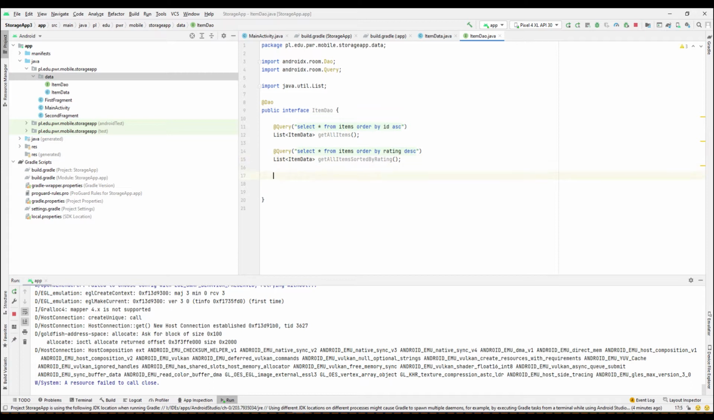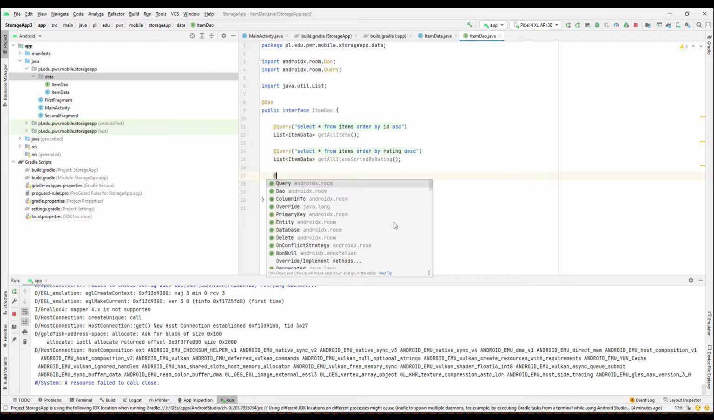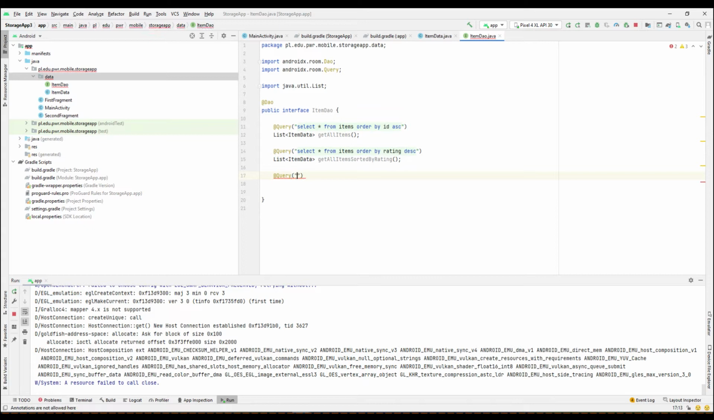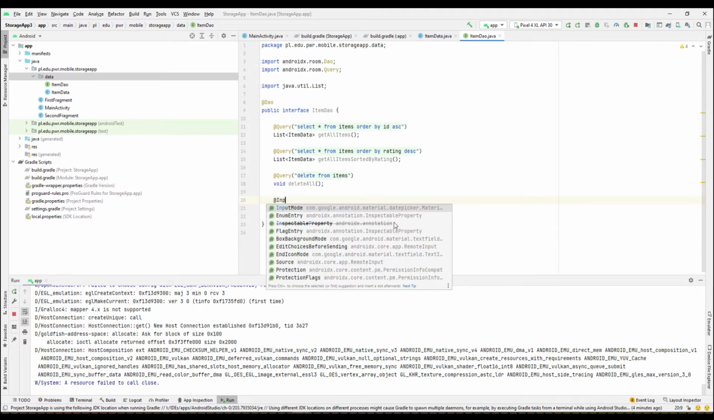And not the bad stuff. And then we're gonna have delete, so a query that we'll call delete from items, which we're not gonna use, but since the instruction says we want to have it, let's have it. And then we're gonna have an insert